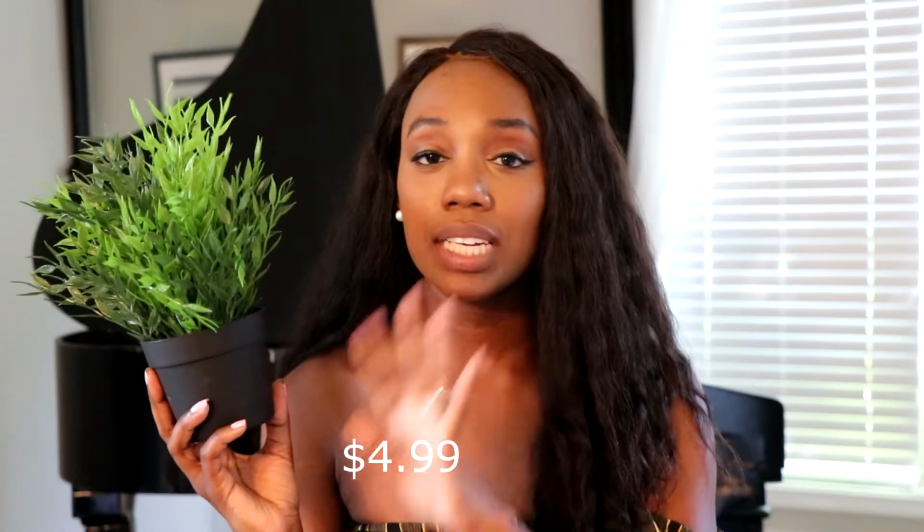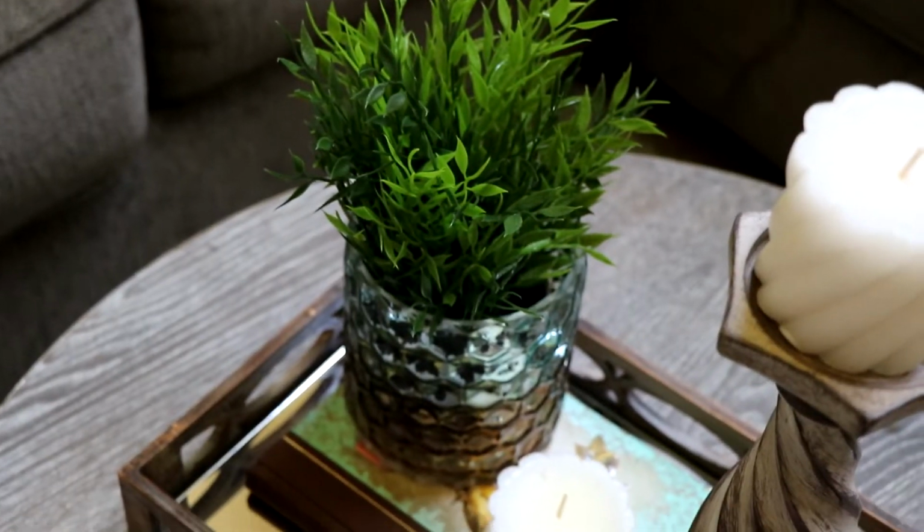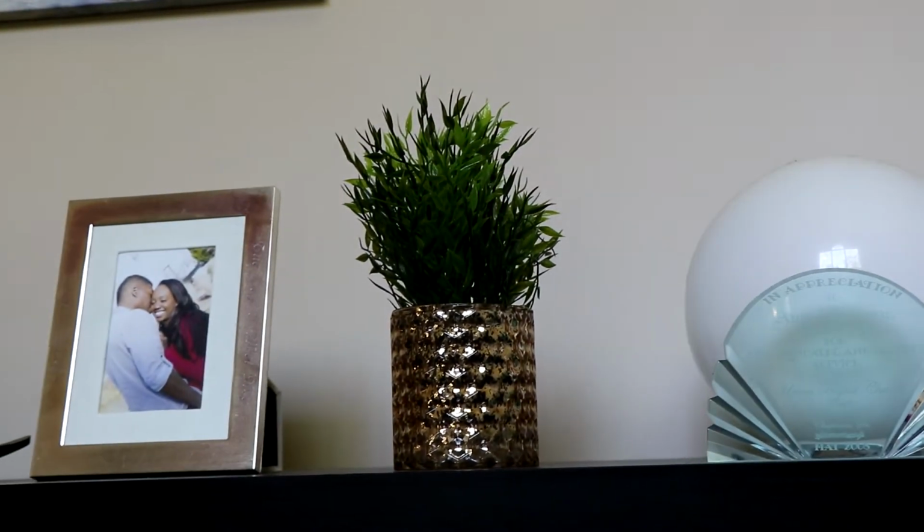Something else you absolutely have to get from IKEA are their plants. They have the most inexpensive, real looking artificial plants you can find. I have a few of these all over my house. Plants are definitely a must from IKEA because plants in general are expensive, but you can find some really cute inexpensive ones there. So when you're there, make sure to pick up a few plants to put some greens around your house. Greenery actually makes your house look alive and looks better, so you always should have some plants in your house, whether artificial or real. I'm more the artificial girl because I can't keep a plant alive, but make sure to keep some greenery